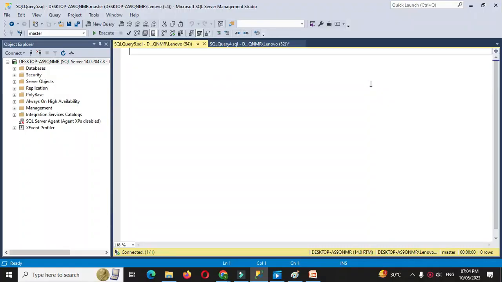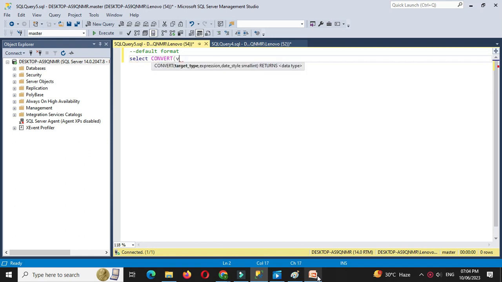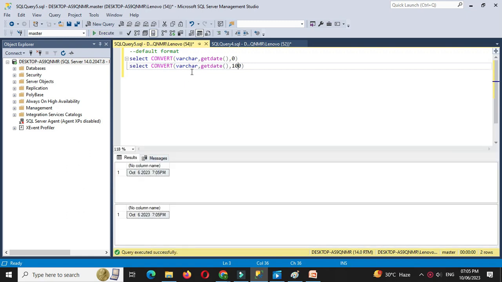Now we will execute these queries. First we will print the default format. For this we will use value 0 or 100. So select convert varchar getDate with value 0 or with value 100. And when we execute, it will display the default format, that is month, date, year with hours, minutes and AM